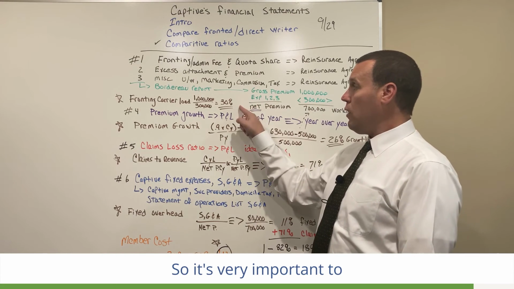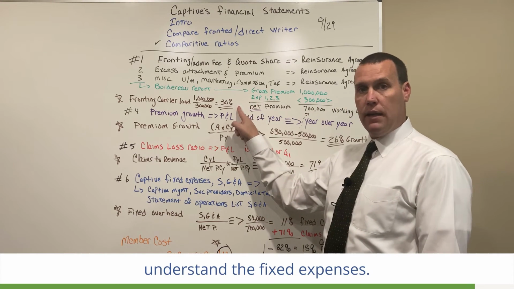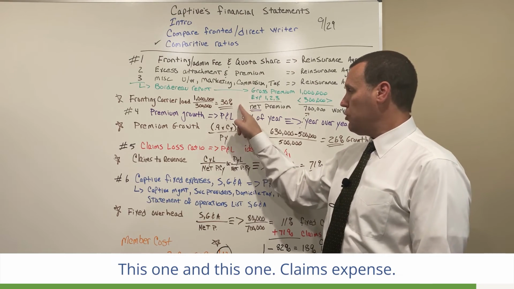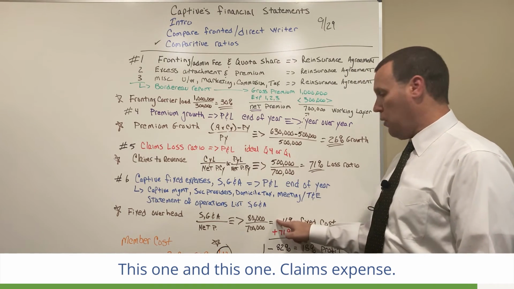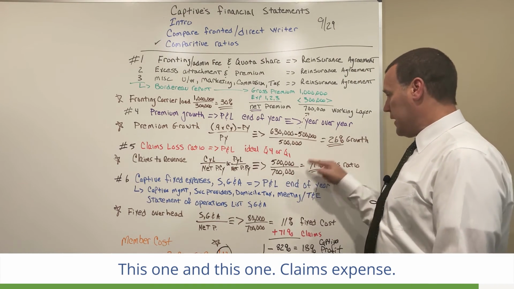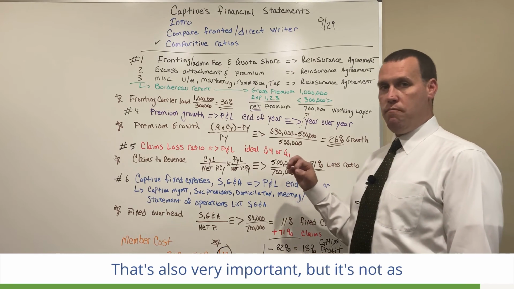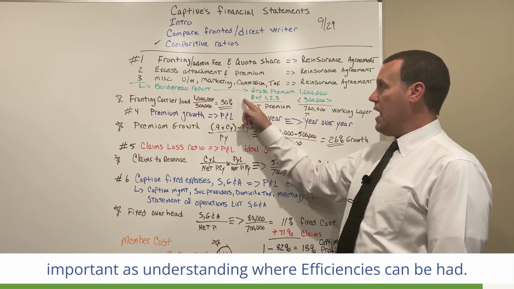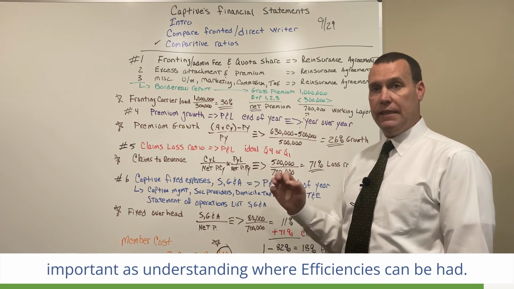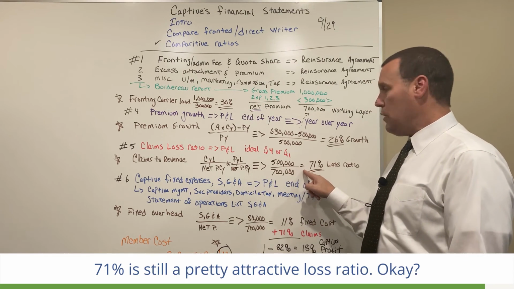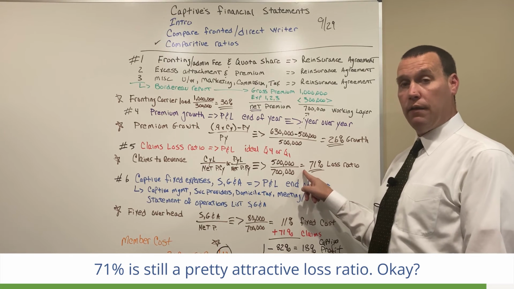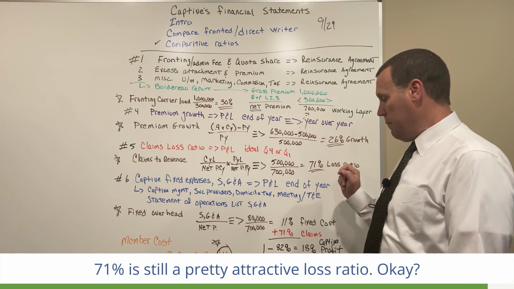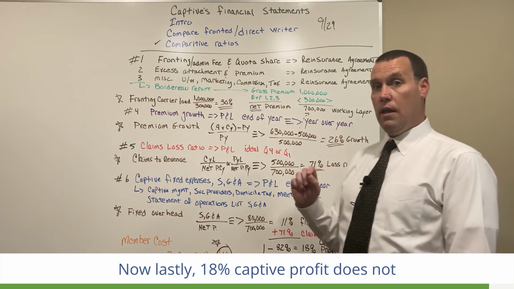So it's very important to understand the fixed expenses. This one and this one. Claims expense, that's also very important, but it's not as important as understanding where efficiencies can be had. 71% is still a pretty attractive loss ratio. Okay? Now, lastly,